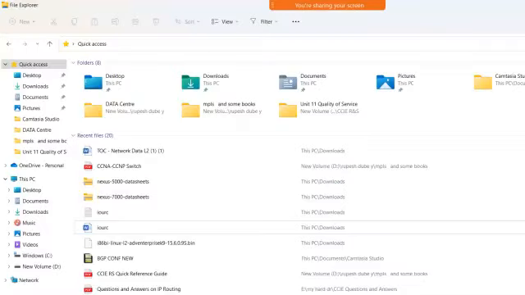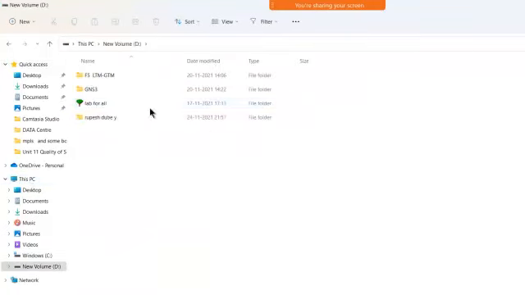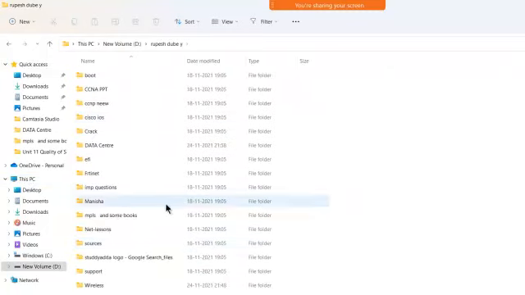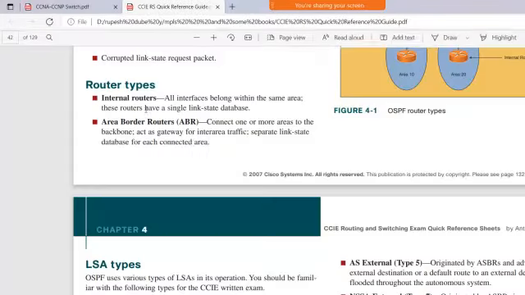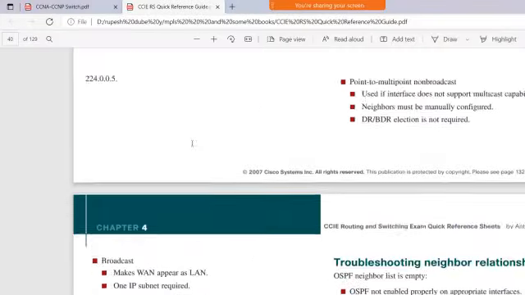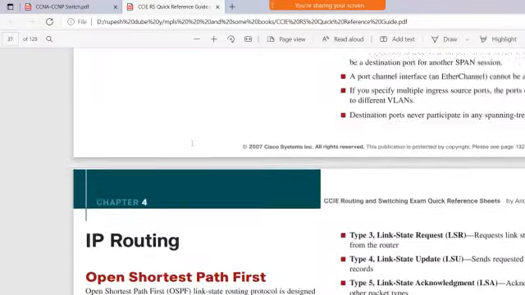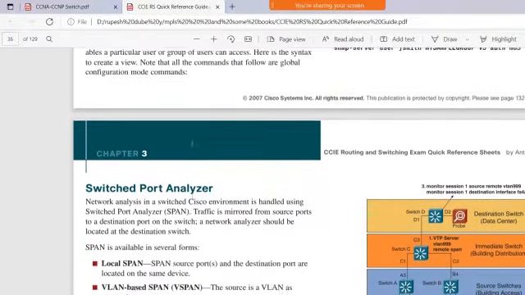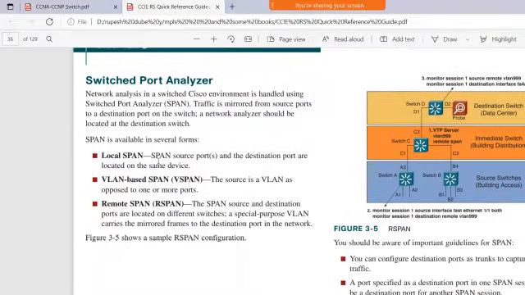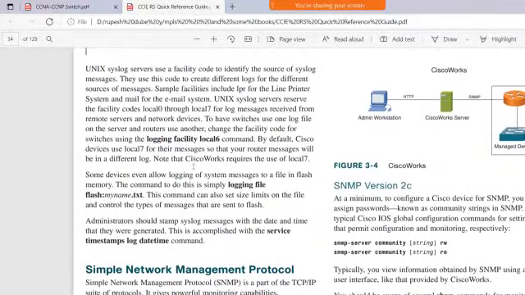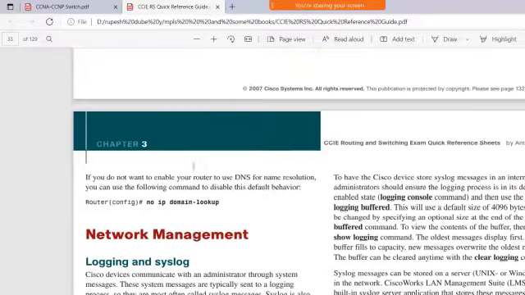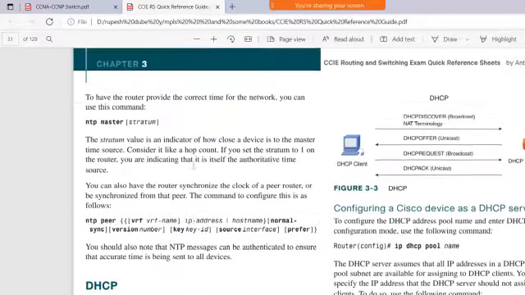So let me open some PDF, then you will get insight into it. I think the PDF which I have shared with you regarding that, you will get it. Let me show you. Where is the switching concept? We have SPAN and RSPAN, right? So keep in mind we also have to cover DHCP.